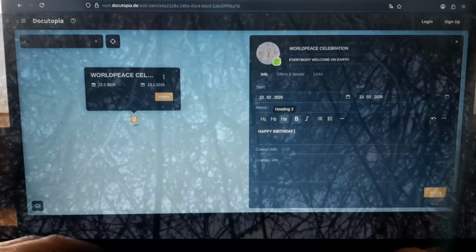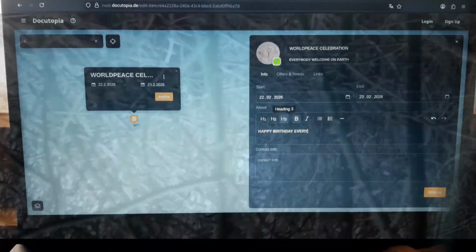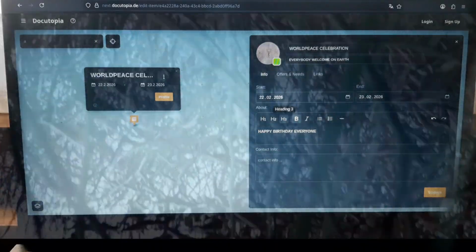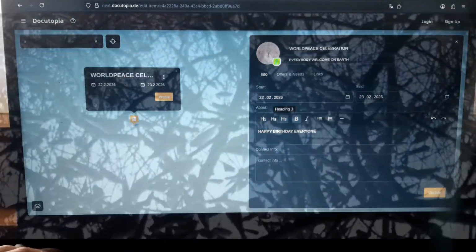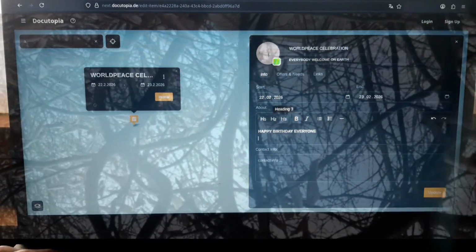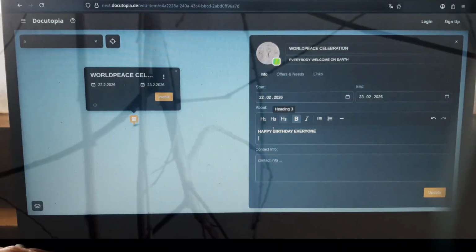Tracking real-world impact. The system will track the real-world impact of user actions. For example, if a user plants trees, contributes to clean water initiatives, or participates in a local recycling program, the platform will measure those actions and reward users with points or DoCoins.